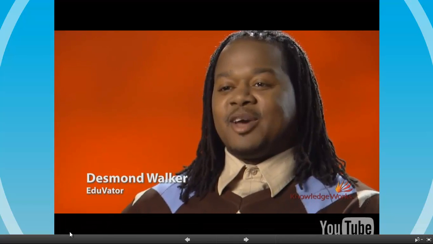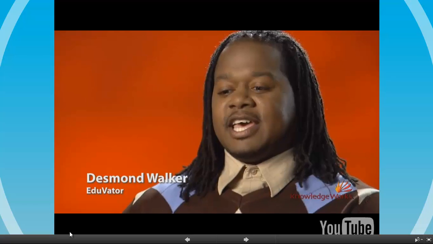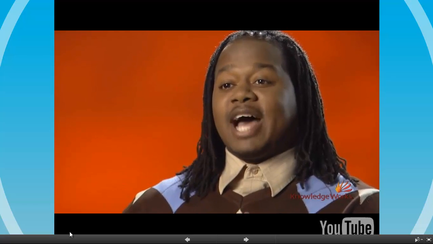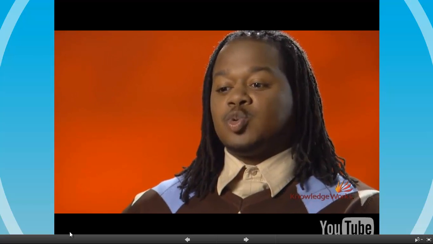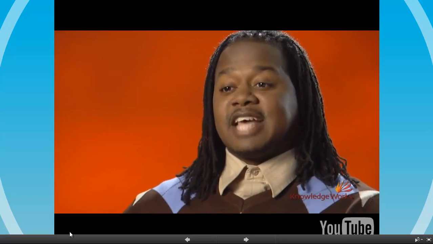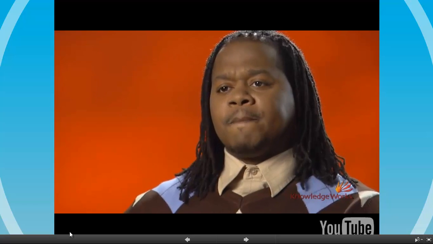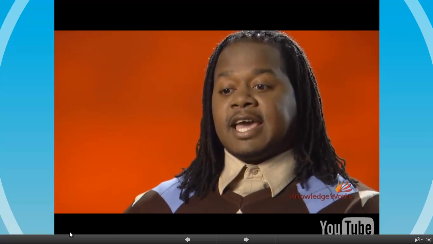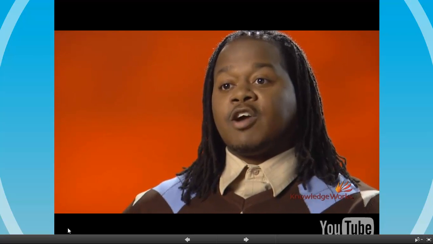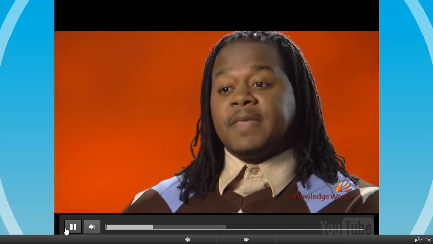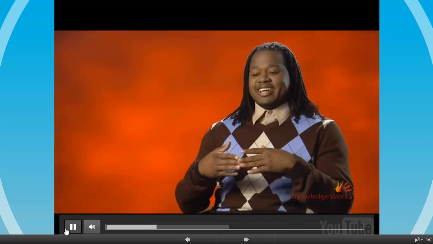I am an eduvator. That means that I organize and support innovation teams that develop new ideas, get them ready to launch, and hopefully bring them to scale. The teams use rapid prototyping and design processes to identify and implement both incremental and disruptive innovations that can help to improve learners' experiences and performance outcomes.